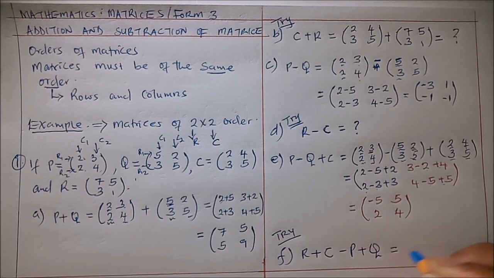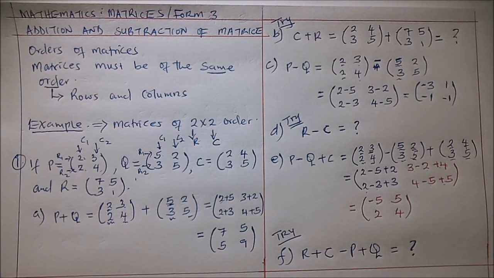What answer will you be getting? So I want you to work out that one, and I hope you have understood on how we normally work it out. We have to look at matrices having the same order, like a 2 by 2 matrix, or even a 1 by 1 matrix. If it is a 1 by 1 matrix, all the matrices given must be a 1 by 1